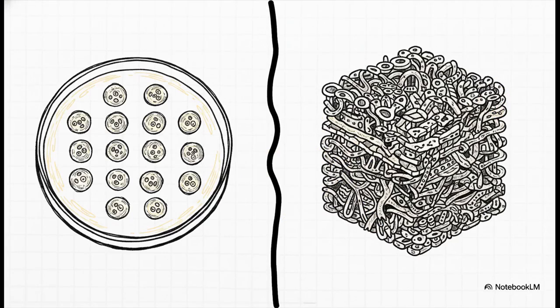Okay, next up, let's look at probably the most common, most recognizable model system in the world. Cells growing on a flat plastic petri dish. I mean, this is the bedrock of modern cell biology. But let's face it, our bodies aren't flat, and they're definitely not made of plastic.